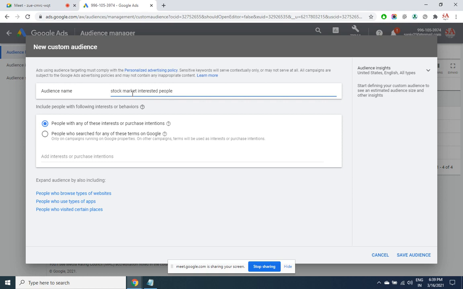Okay. So people in any of these interest or purchase intentions, or people who are interested with these terms, so any particular term that you have, you can add here.